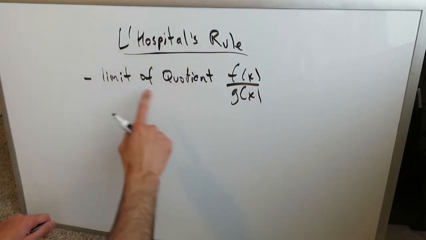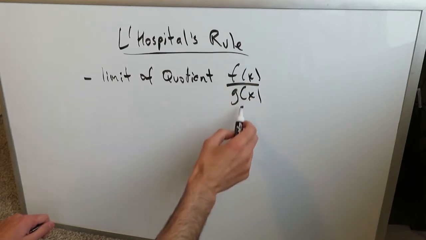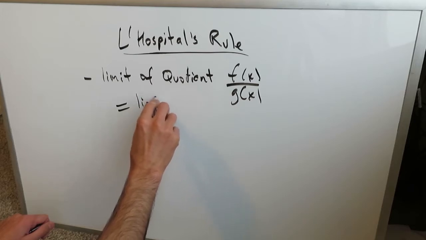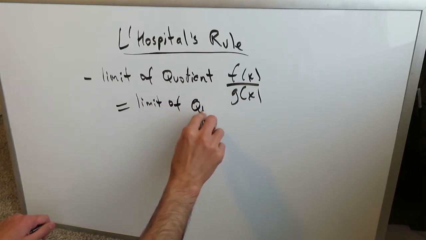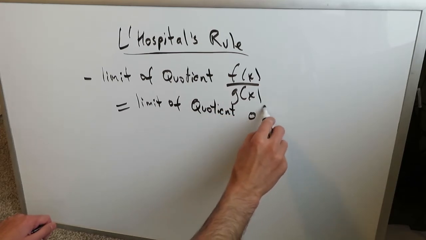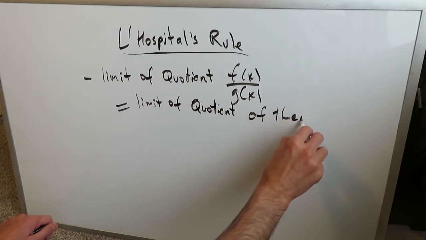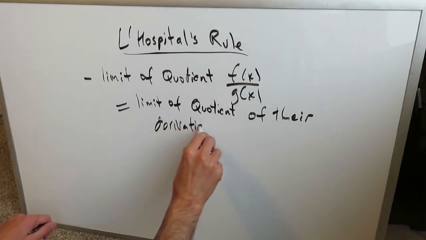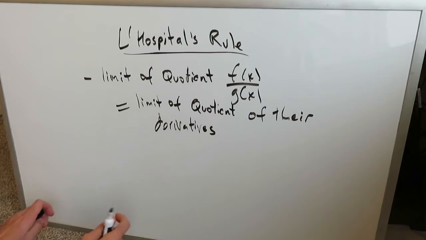For this specific rule, the limit of the quotient of two functions, f of x divided by g of x, is equal to the limit of the quotient, and here again quotient means dividing two items, quotient of their derivatives, and that right there is the basic essence of L'Hopital's rule, which is why in the procedure for L'Hopital's rule